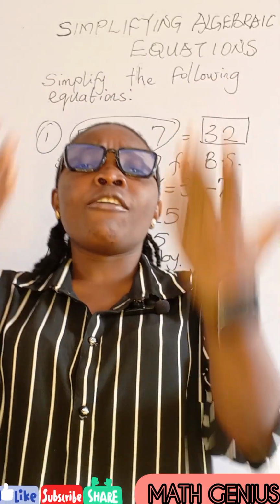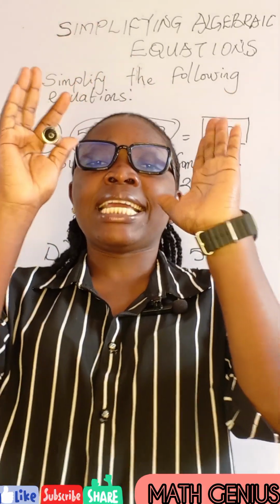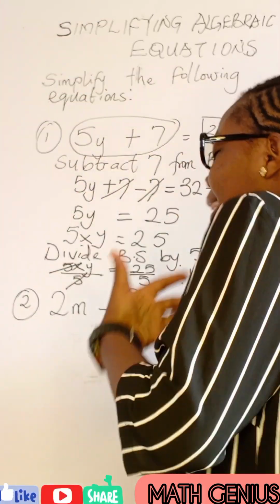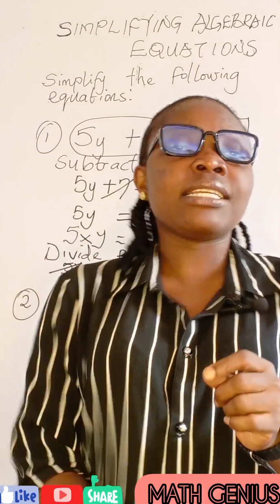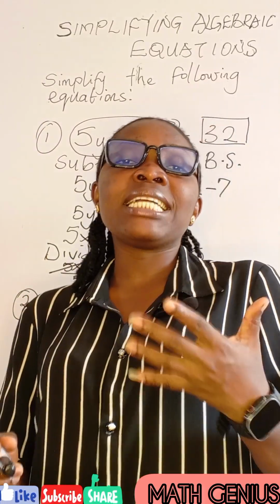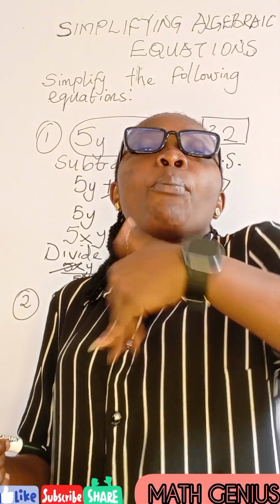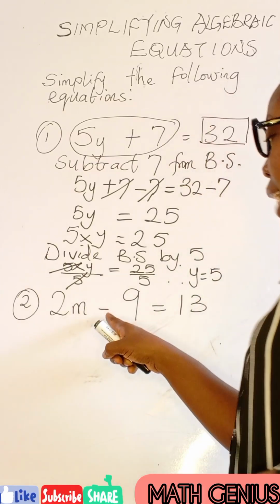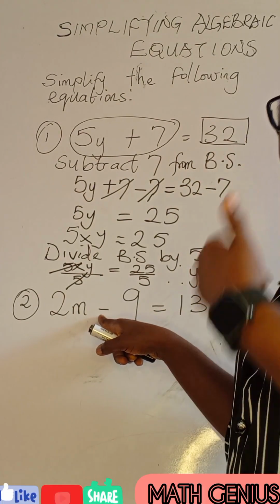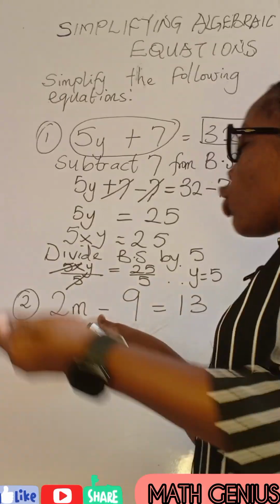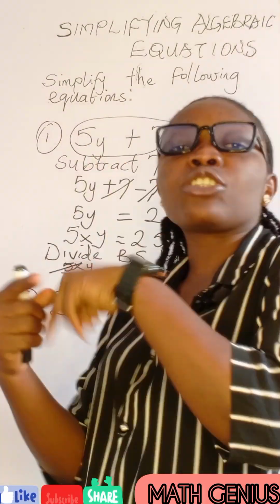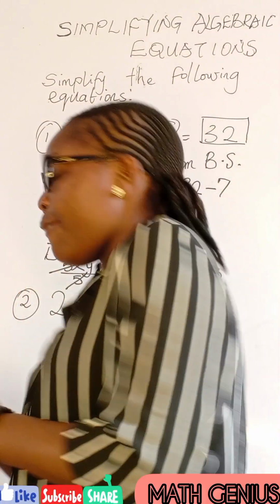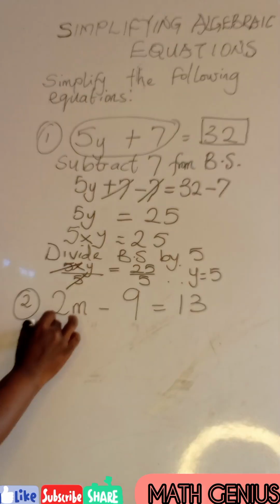We have to think of a way of eliminating the 9. And we can't just eliminate the 9 by cancelling it. No, we can only eliminate the 9 by doing the opposite of the operation close to the 9. The operation here is minus, subtraction. So to eliminate this 9, we have to do the opposite of subtraction, which is addition. So therefore, we will add